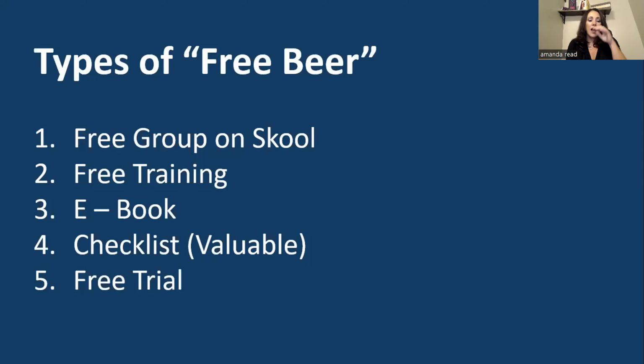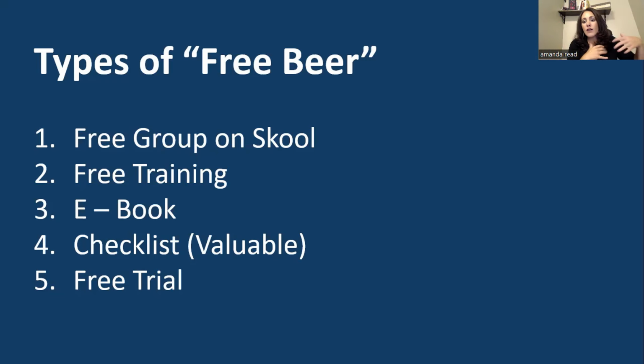Another one is a free training. So if you have a training that you can put out that breaks down how to do something for someone in your niche, that can show you as being a source of information and actually help them solve their problems, those are great as well. You can also do an ebook or a checklist. But what I want to warn you on these is they need to be incredibly valuable. I don't want this to be surface level. I want someone to read it or go through the checklist and be like, oh my gosh, I got so much value out of that. I want to see what they have to offer next.